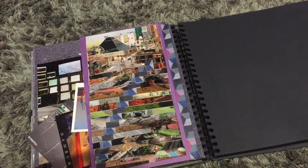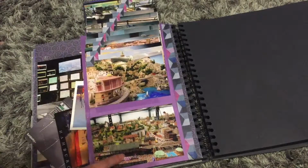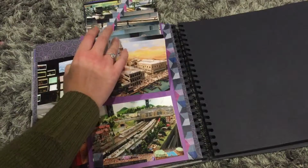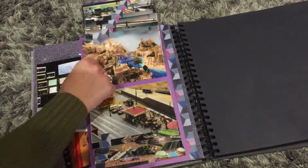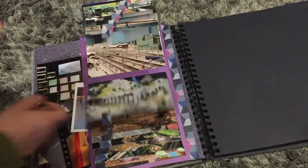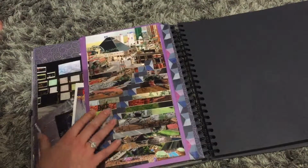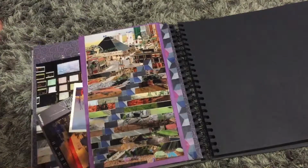I basically did it like America that way, and then when I turned them up, I went backwards and did Italy, so like Venice, and it carried on from the previous page and all that. So it does go in an order. It's not just willy-nilly. Basically, it is in an order. Then it goes into Scandinavia, going back up. But yeah, I took so many pictures, but I have tried to condense it as much as possible